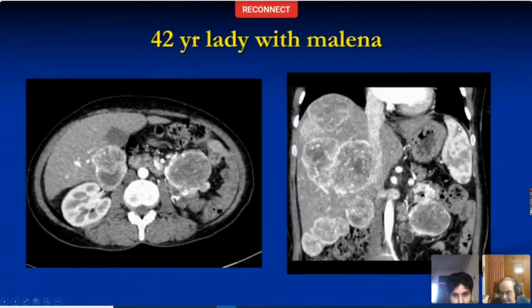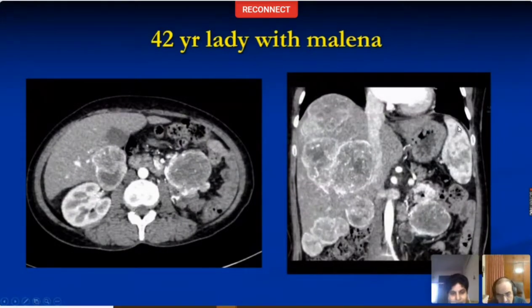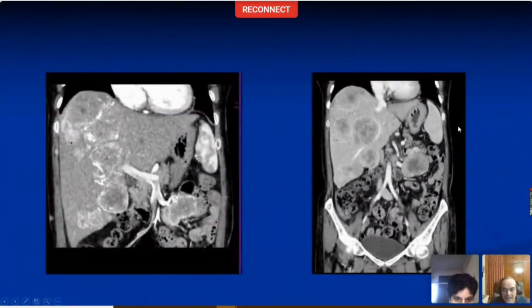There is definite enhancement of this jejunal loop, and there is a large exophytic component from this region. I wouldn't jump to the conclusion of carcinoid. We haven't shown you the whole case. Okay, sir. These are the venous phase images. Now you have the portal vein, which is opacified.